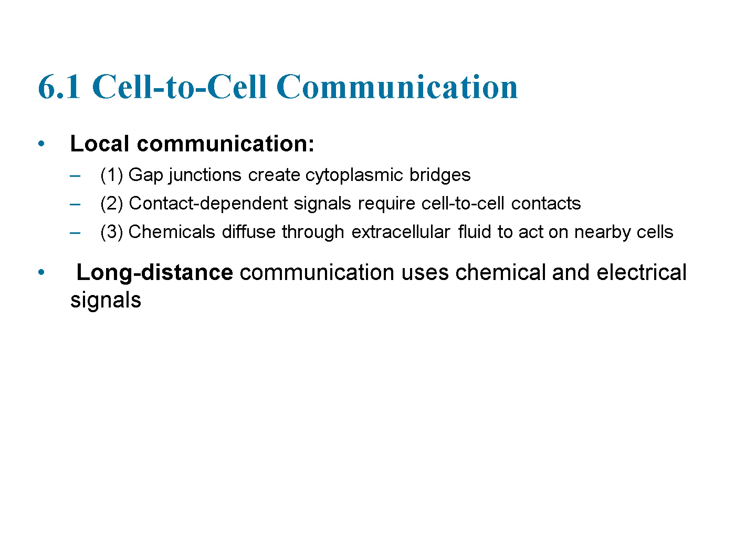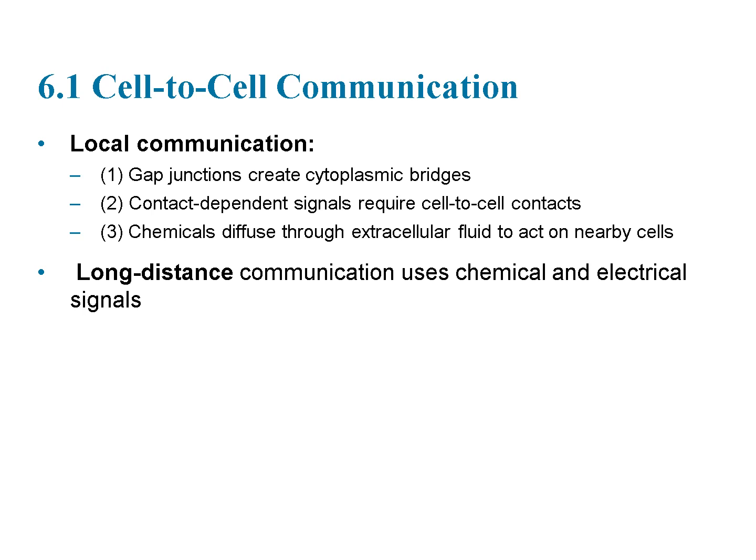Contact-dependent signals require the cells to be in direct physical contact. The signaling molecules remain bound to the membrane of one cell and bind directly to receptors on the target cell when they touch. Chemical signals can diffuse through the extracellular fluid to reach nearby cells. These signals don't require direct contact and allow cells to interact even when they're not physically touching.